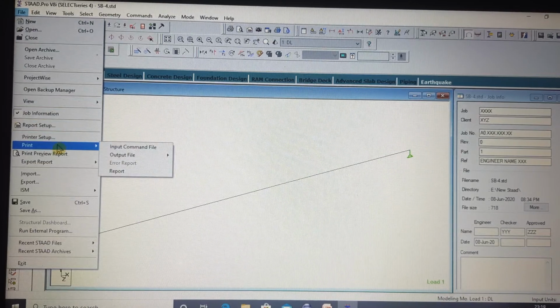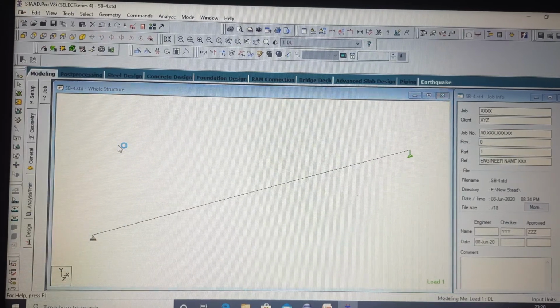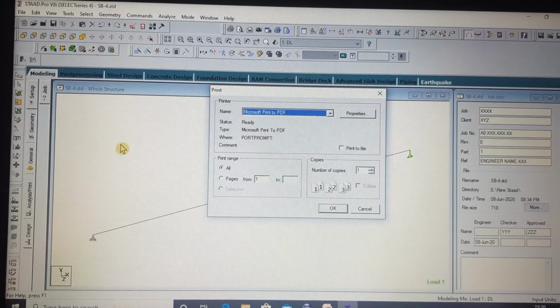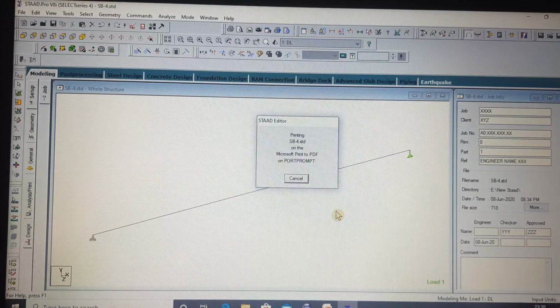Now this is your print option, friend. This is the print option for the input command file. If you click on this button, Input Command File, then this print setup will appear, and if you click on OK, let's click on OK and see what happens.